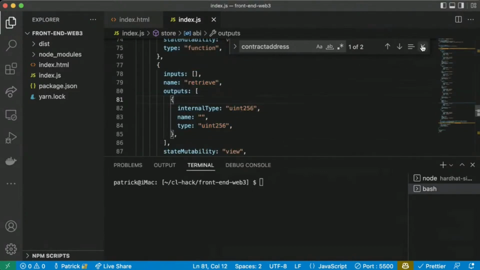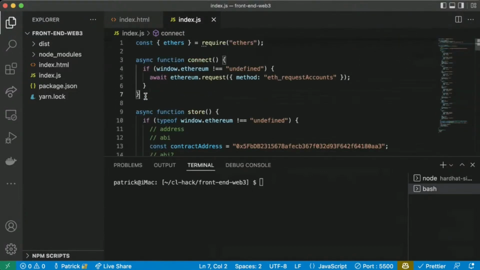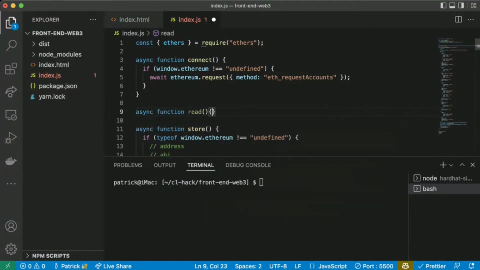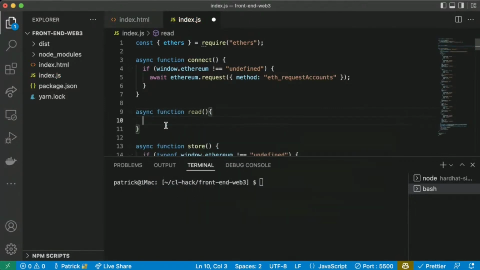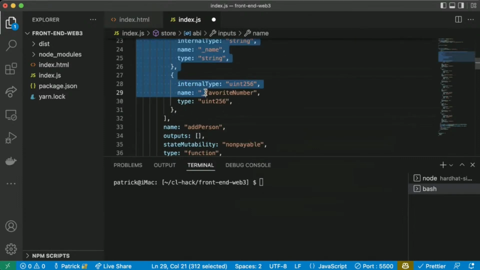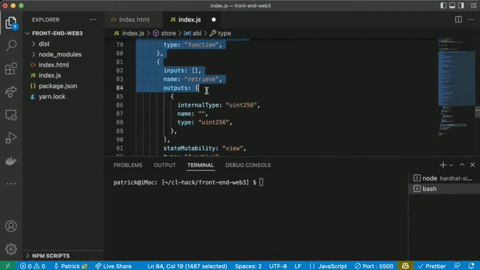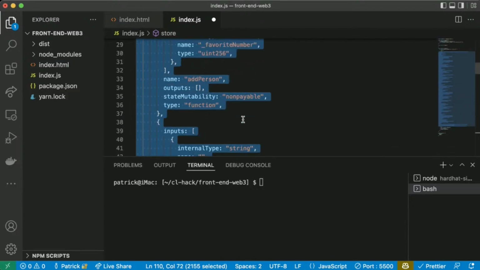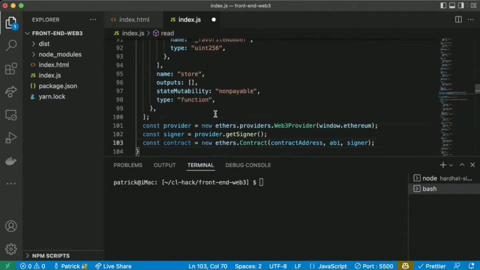We're just going to create a little quick function called async function read, where we're just going to read from the blockchain. And we're going to grab the contract address, contract ABI. We're going to grab almost everything from up here. Provider, signer, and contract, everything. This.